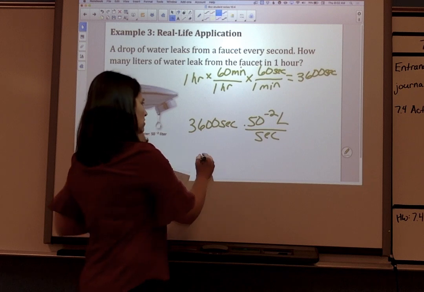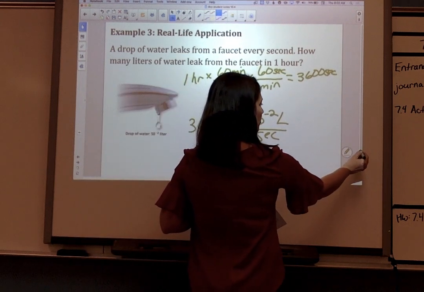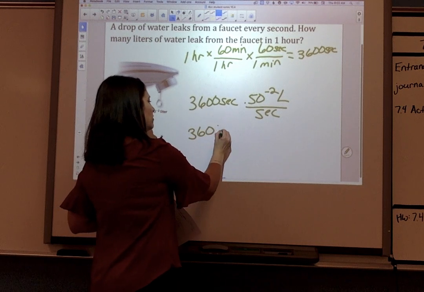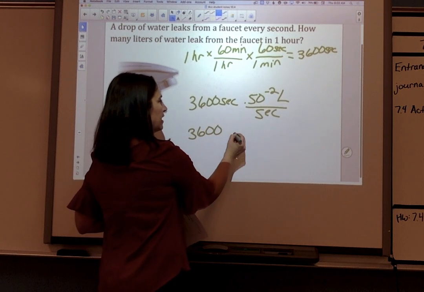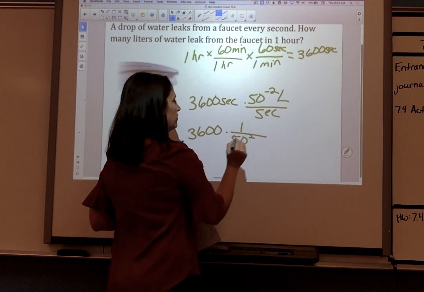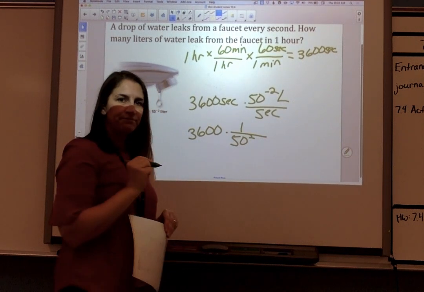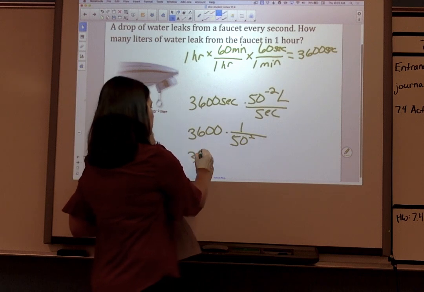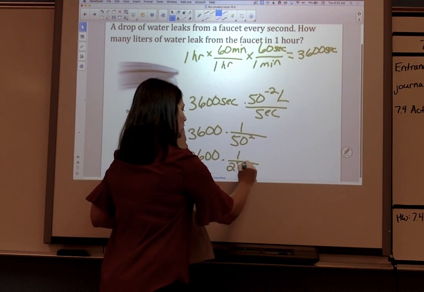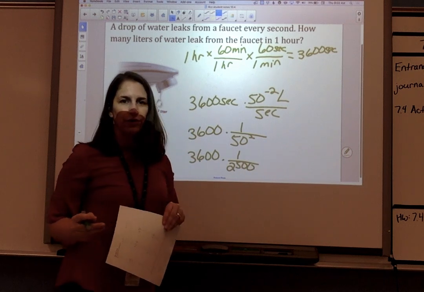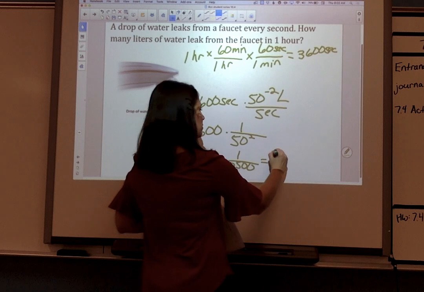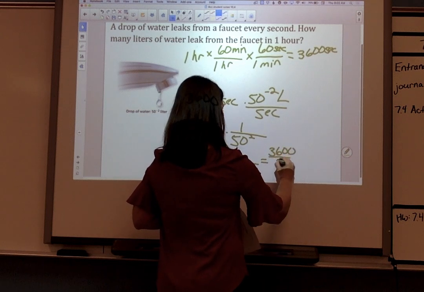So that means we need to do, let me move this down a little bit so I've got room, 3,600 times 1 over 50 squared. Okay. So that's 3,600 times 1 over 2,500. And I can rewrite that as 3,600 over